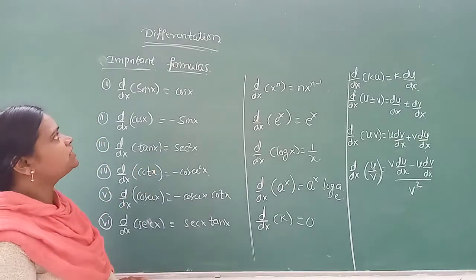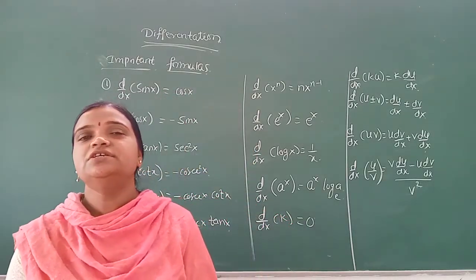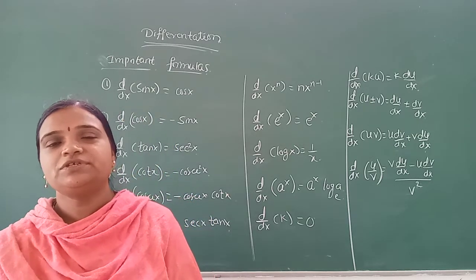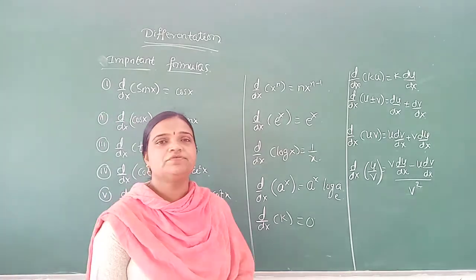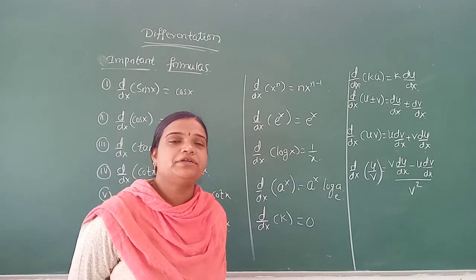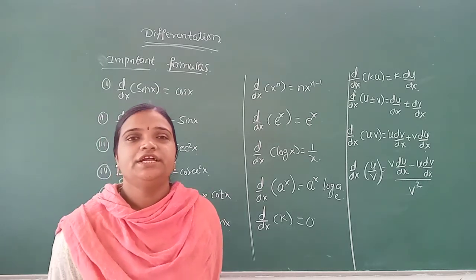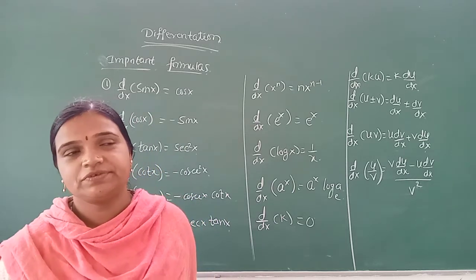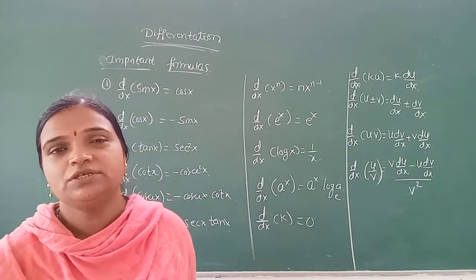Now, as we know, we started the topic of differentiation, and we know that differentiation represents f dash of x is limit h tends to 0, f of x plus h minus f of x divided by h. And we know that the derivative exists if and only if the left hand derivative equals the right hand derivative at the given particular point, that is LHD equals RHD. And we know that every differentiable function is a continuous function, but continuous functions need not be differentiable. A good example is mod x.